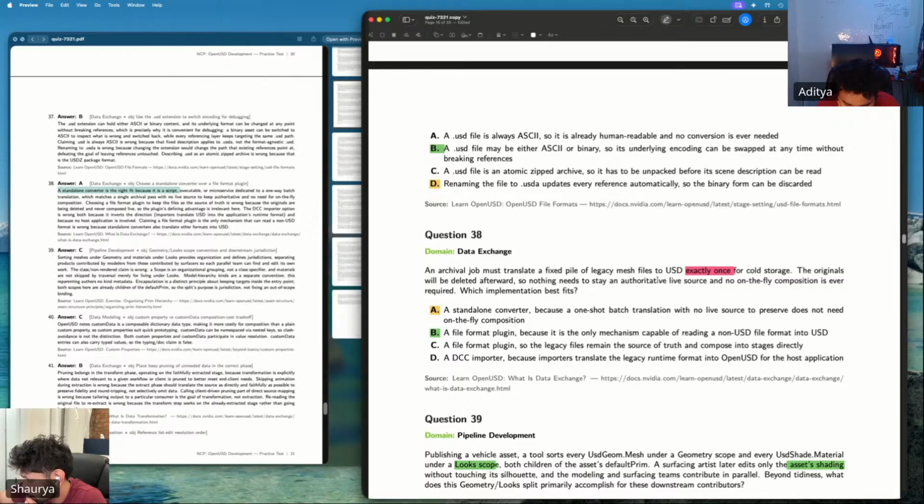Which implementation is best? A standalone converter, because one shot translation with no live source to preserve does not need on the fly composition.